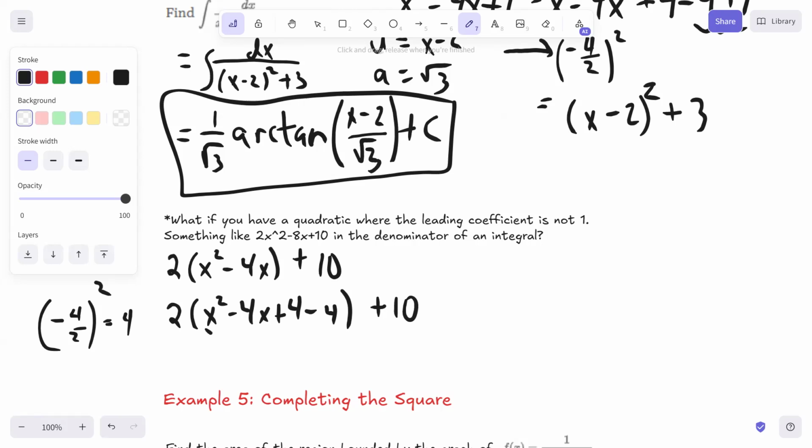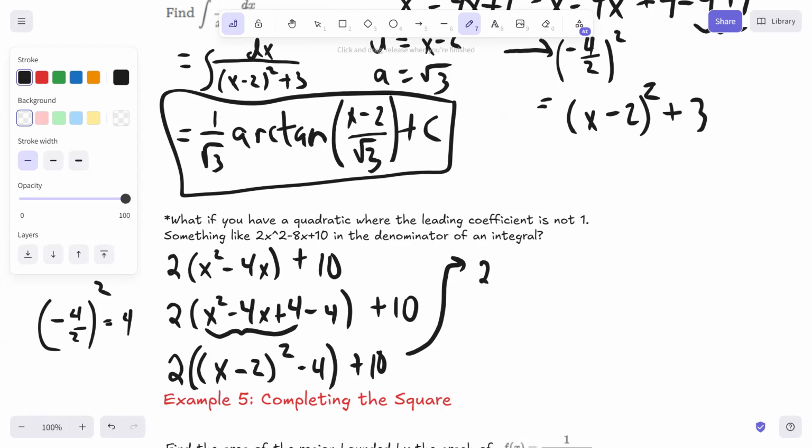Now, this is the trinomial that we can complete the square on. So it'd be 2 times x minus 2 squared minus 4. But all of that is still multiplied by the 2 plus 10. Okay. Now, I need to get that negative 4 out of the parentheses. And since the parentheses are being multiplied by 2, I can rewrite this as 2 times x minus 2 squared